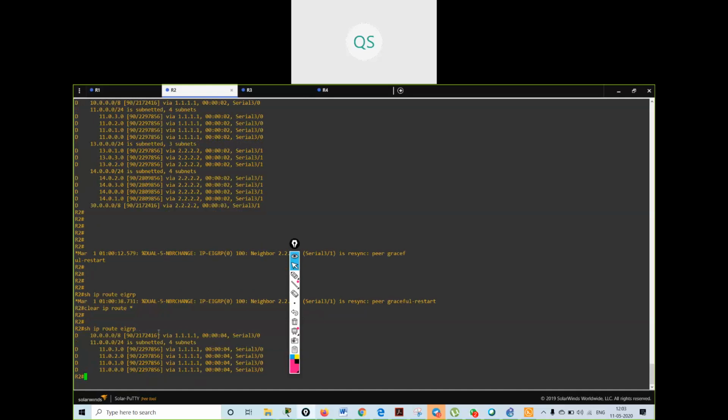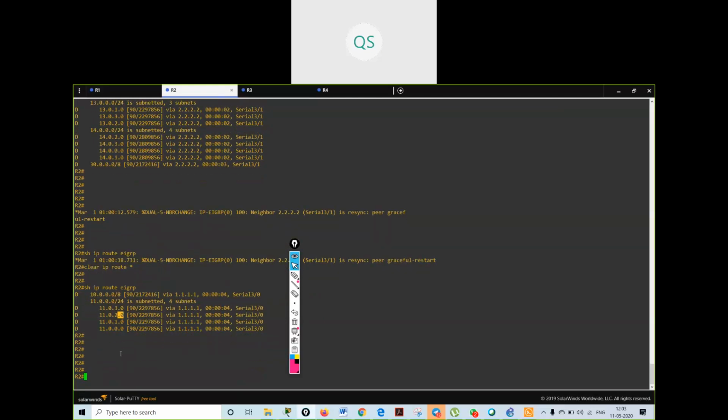Okay, I'm not getting the 13 dot routes. Also, I'm not getting the 14 dot routes. It should not happen. I should not get only specific routes.